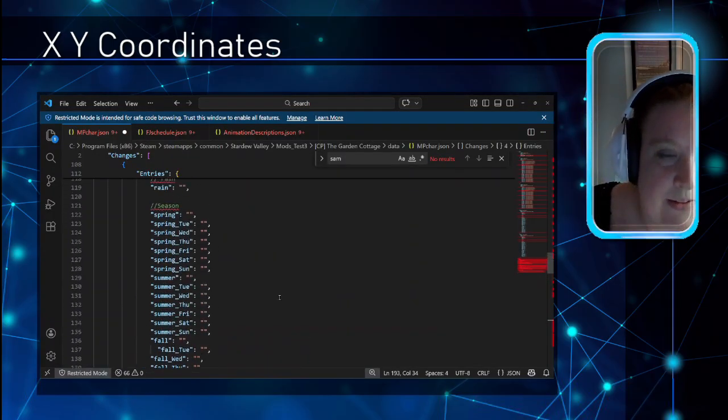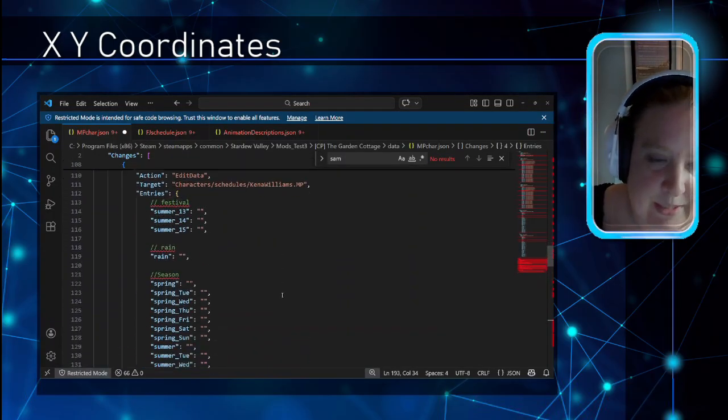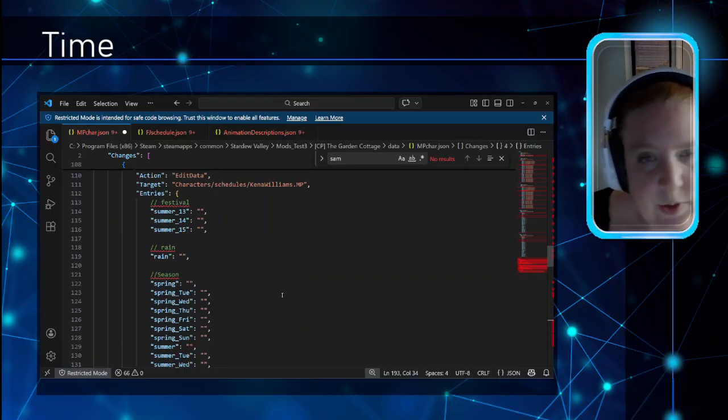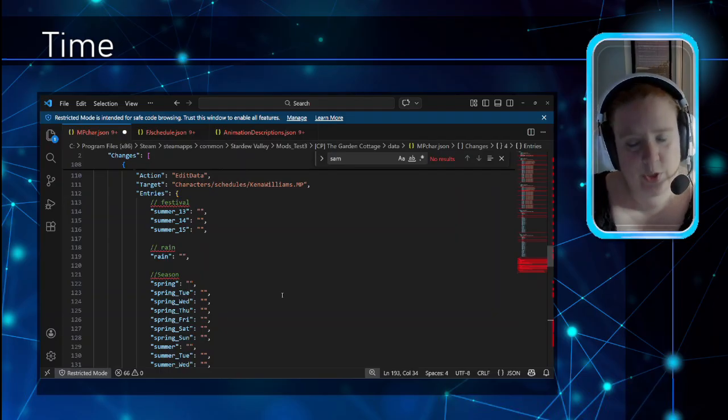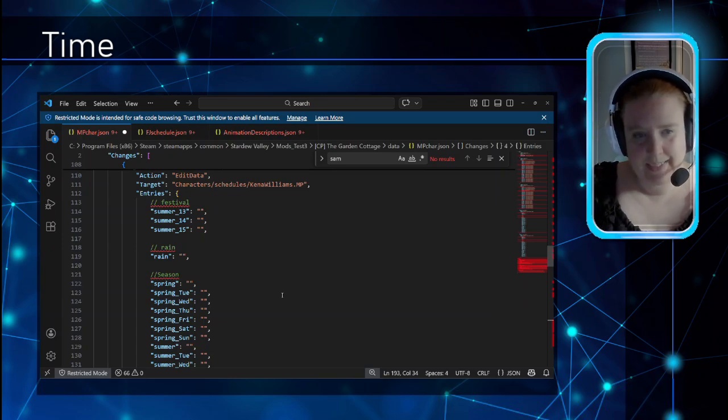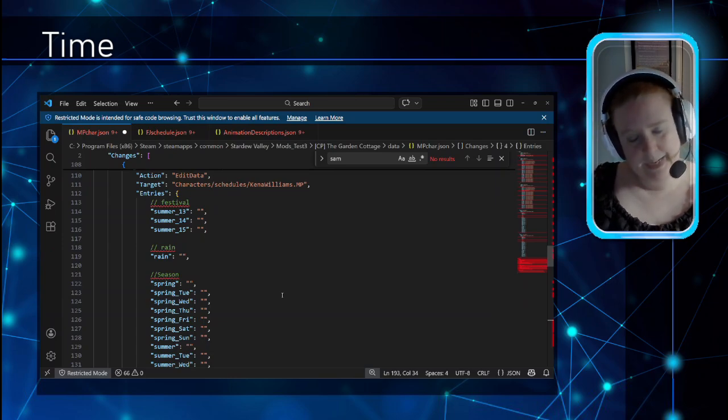So now the first thing when you set your schedule is you can do several things, but where you start your schedule is the time in which your character will begin moving. So if you say at 6 o'clock do this, then right at 6 o'clock they're going to go do this. And then